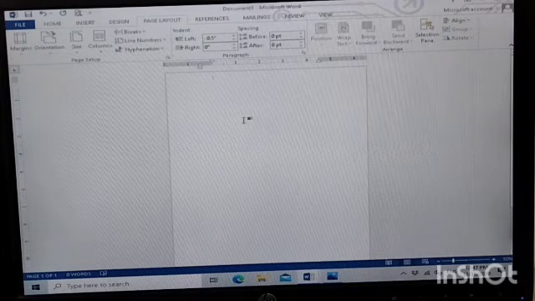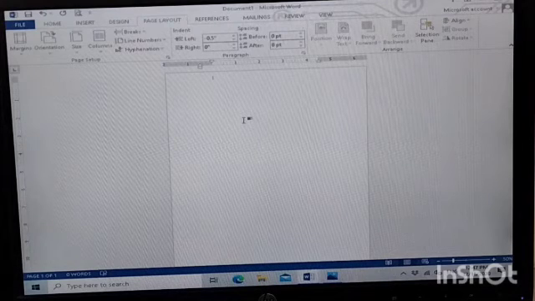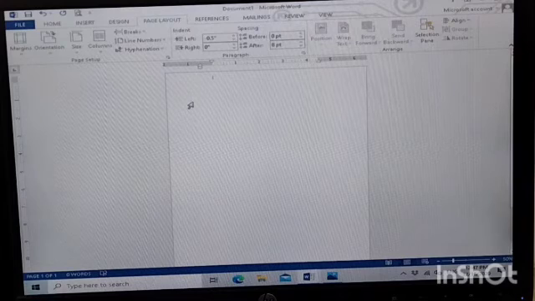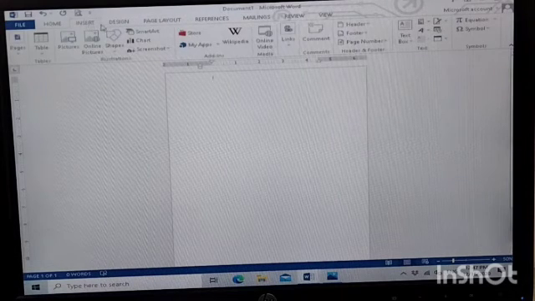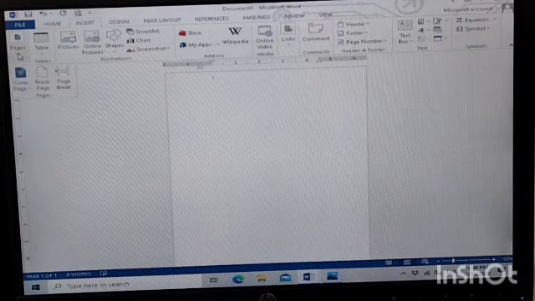Now we have inserting a page break. For the page break you have to move to the Insert option. Here we have an Insert option. When you click over here we have different options. In this option we have a Pages option. When you click over here, another drop list appears.